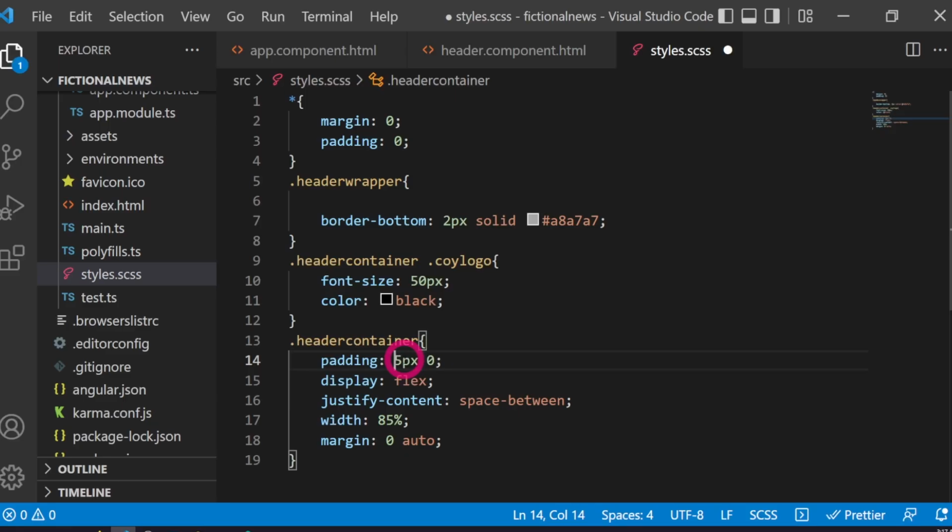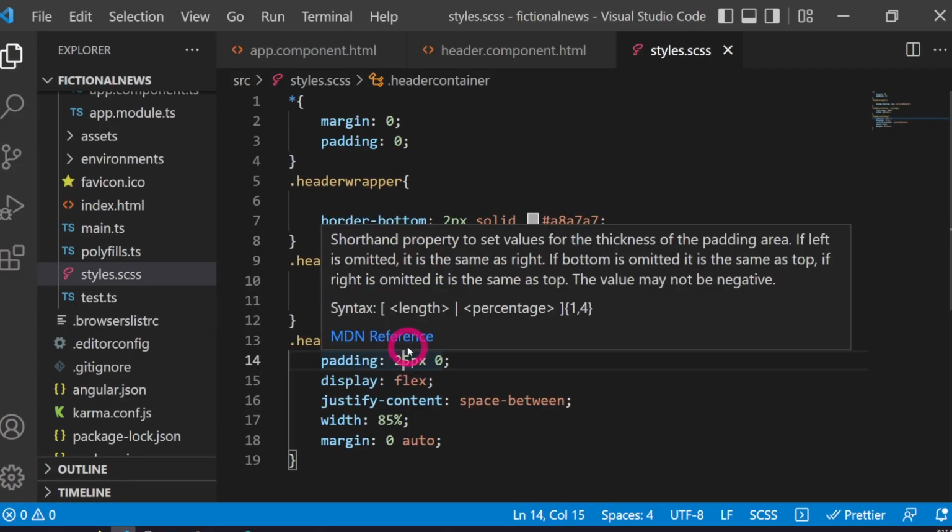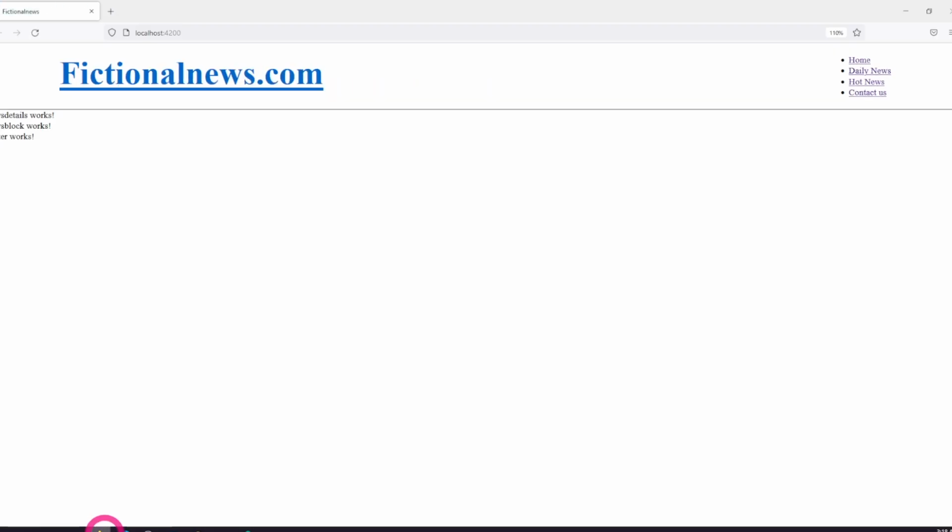Too much pixel, 25 pixel. That still looks too much. That looks like it.